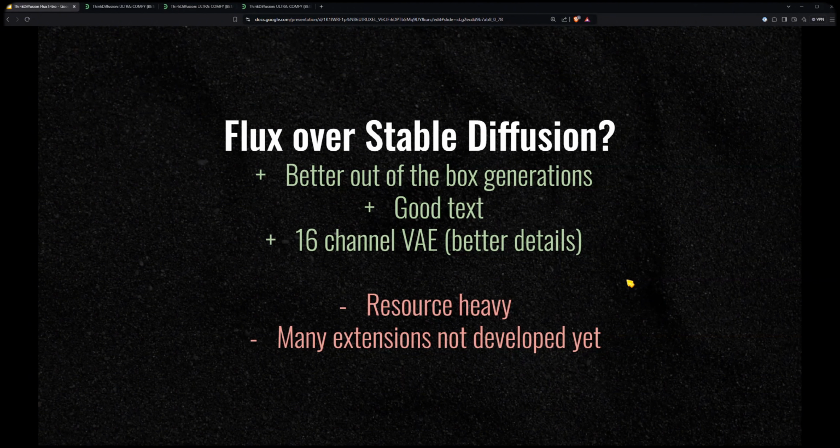Stable Diffusion had a 3.0 release, which was debatable. Flux did that better. So we have better out-of-the-box generations, good text, and a 16-channel VAE. What that means is you get better details. The old Stable Diffusion had a 4-channel VAE, very technical. But now you know.